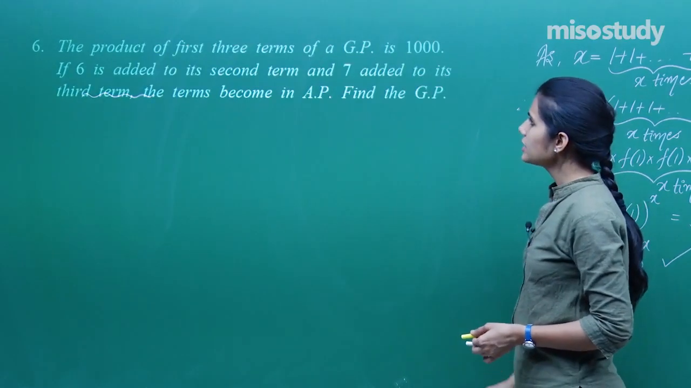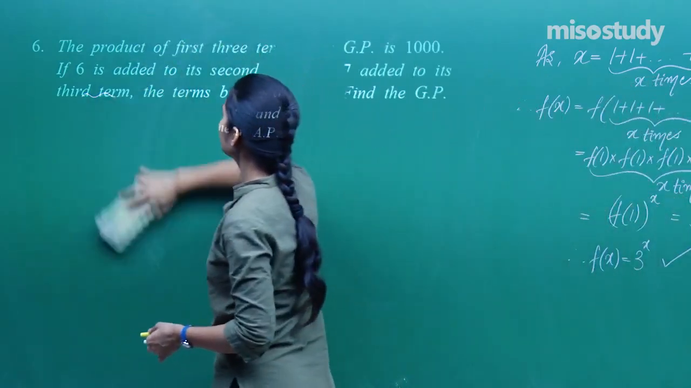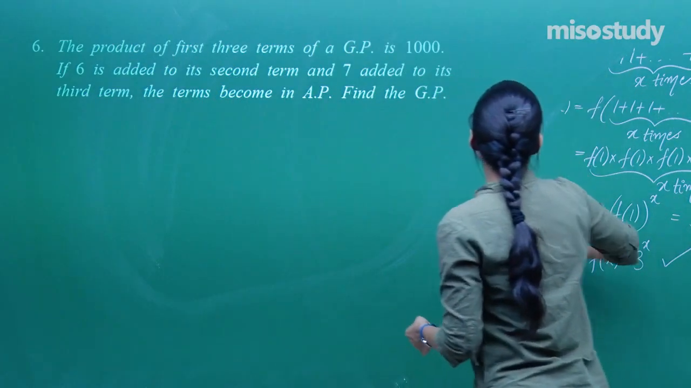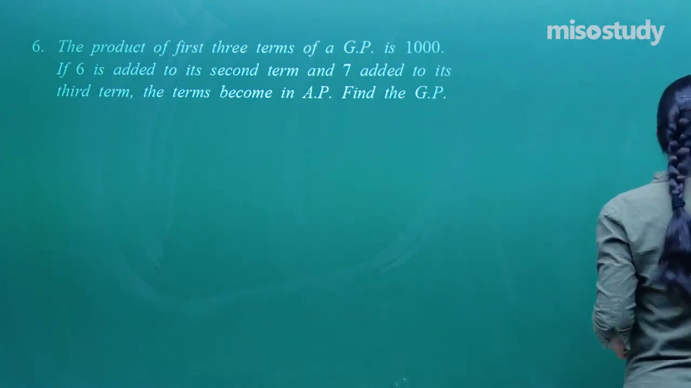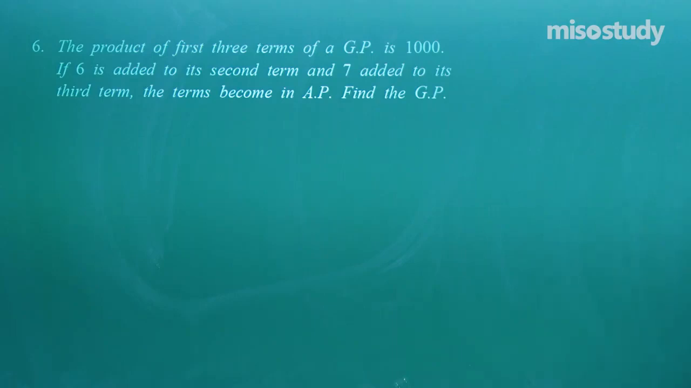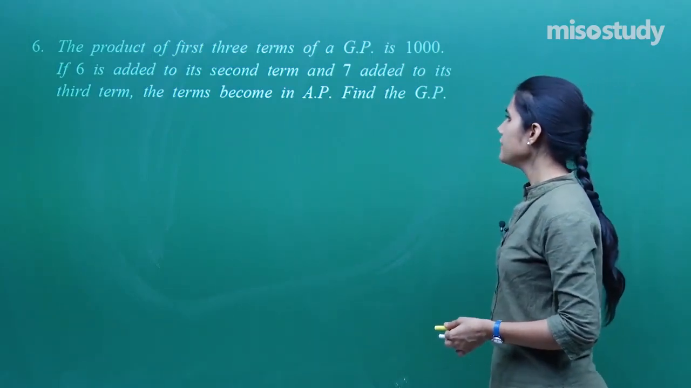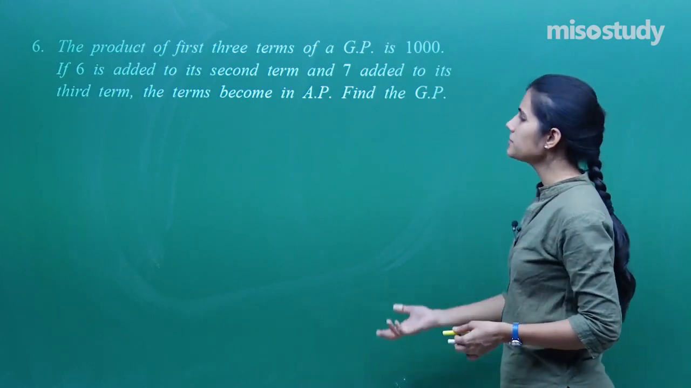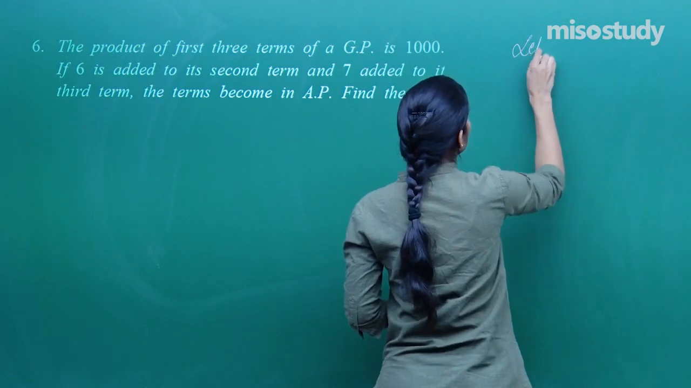Next question says that the product of first 3 terms of a GP is 1000. Now, they are not giving you the 3 terms. They are saying that there are 3 terms of the GP whose product is 1000, and then a condition is given and a question is being asked. The condition is that if 6 is added to the second term and 7 is added to its third term, then the terms actually become an AP. So, we know how to select 3 terms